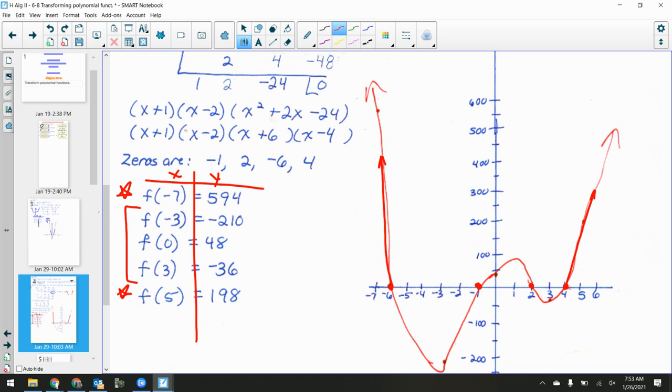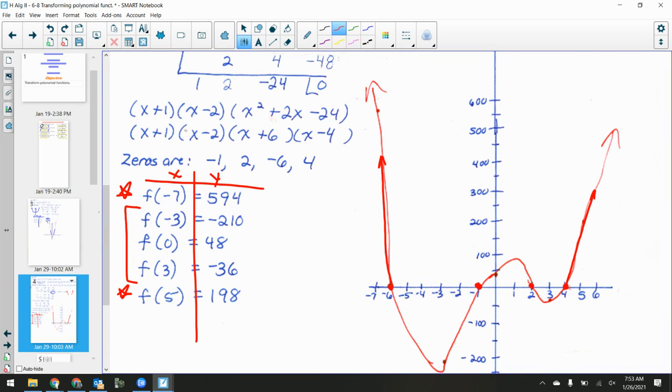-3, 0, and +3. Okay, -3 being something in between here and here. I could have picked -2, -3, -4, -5, whatever. In between -1 and 2, I could have picked 0 or 1. In between 2 and 4, pick 3. And then we have these coordinates here. Now, that's pretty big, so you've got to scale it as needed. But it looks like -210, +48,